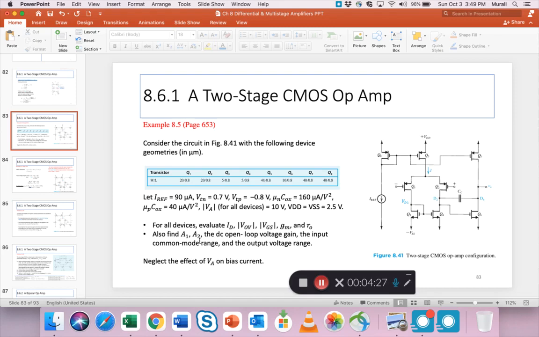ID, if you want to try it out for one or two of these devices, first of all, you must know which ID. So I reference converts to I. In some of the transistors, the ID is nothing but I. So here it's Q5, it's I, Q7, it's I. But in some of the transistors, it splits. So Q1 and Q3, it becomes half of I. If it's 90, then you should take it as 45 microamps in some of them. So make sure you put the right